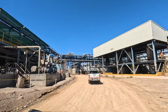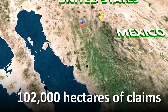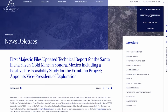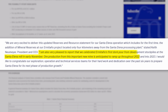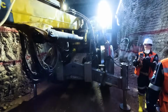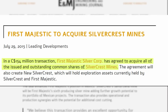The district, wholly owned by First Majestic, consists of 102,000 hectares of claims that comprises both the Santa Elena Mine, which was originally put into production by Silvercrest back in September 2010, and the Ermitaño Mine, which First Majestic discovered and placed into production in 2021. Santa Elena got its start as a small open pit operation before transitioning to underground 3 years later in 2014. In mid-2015, it was acquired by First Majestic for 154 million Canadian dollars in a friendly transaction that consisted mostly